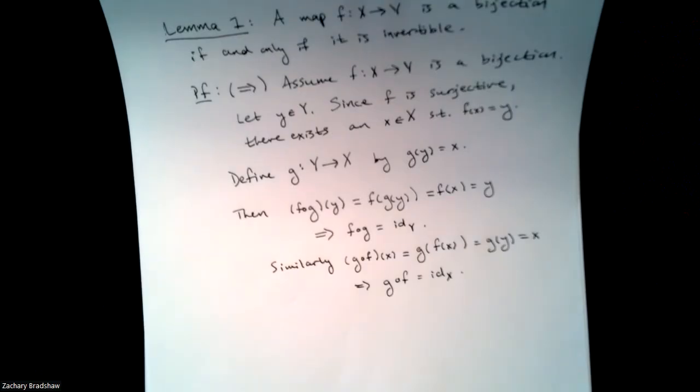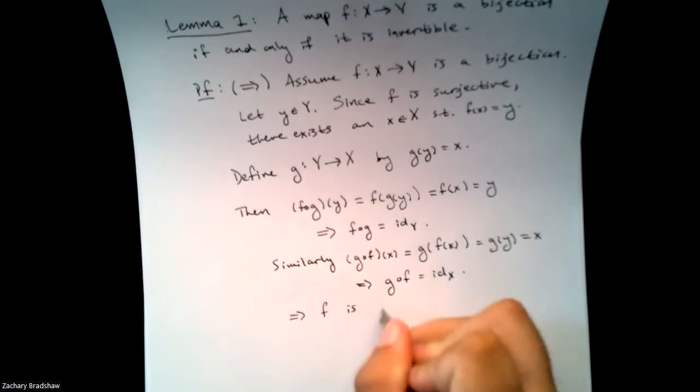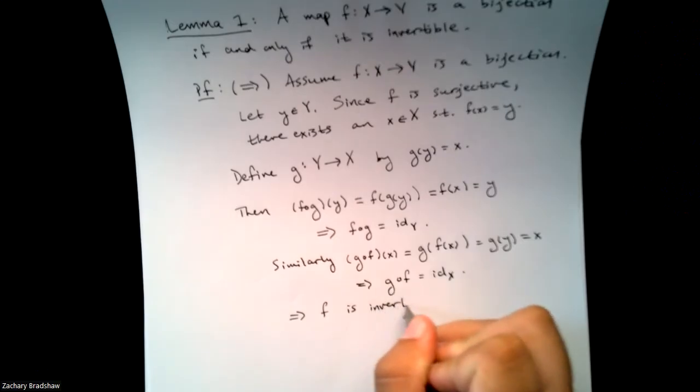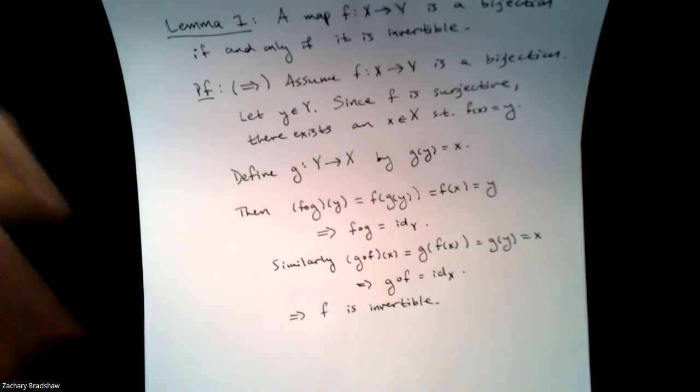Okay. So what does that mean? That means that f is invertible, which is what we wanted to show. What's its inverse? Well, it's this function g that we constructed. Okay, now for the reverse direction,